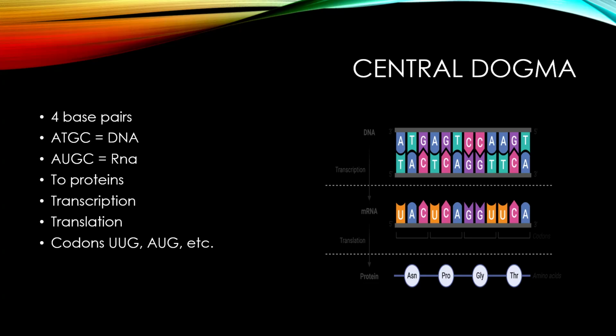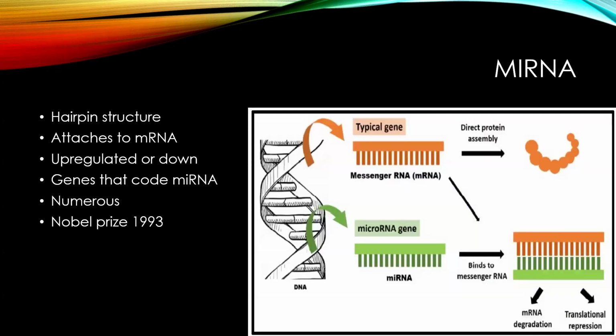So one base pair changes, the whole entire codon changes itself. The codon could be a different amino acid, potentially, and then that changes the whole entire protein itself. So these microRNA are incredibly important because they can change the whole entire message. Essentially, there are genes that actually code microRNA, so you can have microRNA that then code for other microRNA, and it gets more complex from there. There's a whole bunch of these.